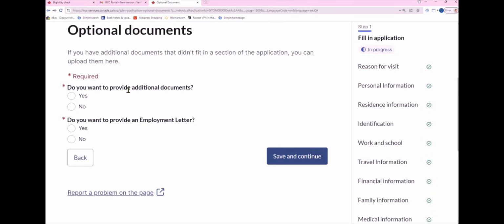Now also you could provide additional documents in the form of any ties back to your country, India. So if you are coming on a visit visa or a tourist visa to Canada, Canadian officials want to know if you have sufficient ties to go back to India or not. So that's why I always recommend anyone to provide any such additional documents in the additional documents section. Although this is optional, I would recommend you to, because this gives you a sure shot chance at getting the